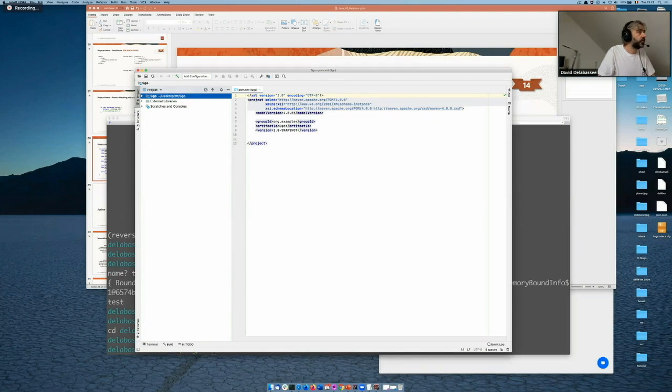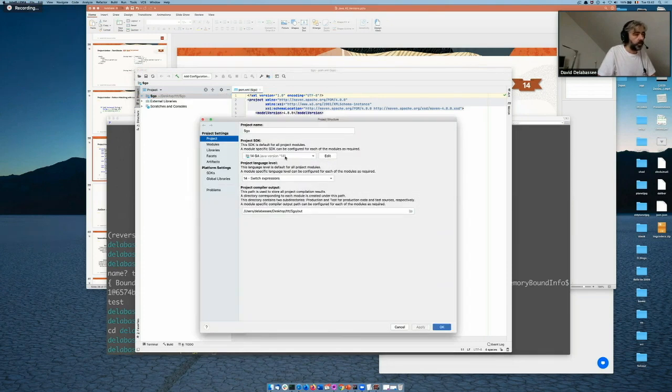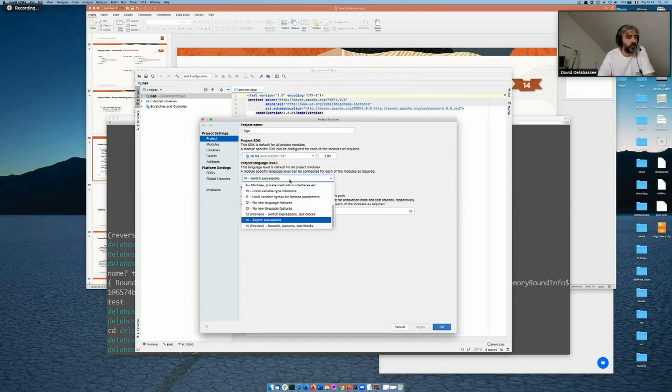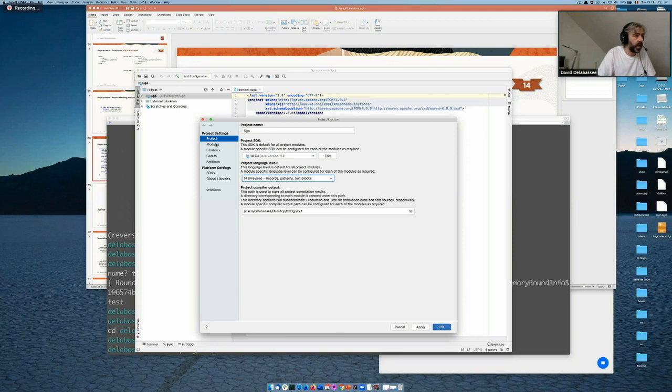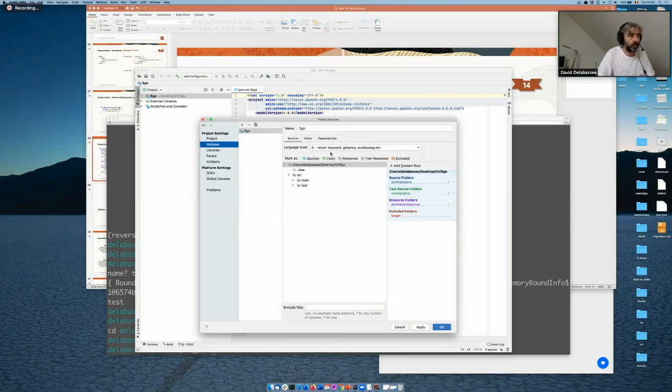Then I also need to configure my project. I'm going to increase the font for the code, don't worry. Given that I'm going to use some preview features, I need to specifically tell IntelliJ that I want to use preview features, because they are not enabled by default. And I also need to do it here. So again, I'm going to use 14 preview features. Okay.